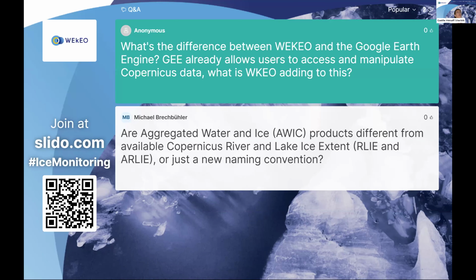So yeah, I don't know if both of you could provide an answer, but on my side, I never used Google Earth Engine, but what's nice with WEkEO is that you have all of the Copernicus data at the same place. So yeah, maybe it's already an advantage, but I don't know. We use Google Earth Engine, so no, I don't use Google Earth Engine either. Okay. Me either, but one of the